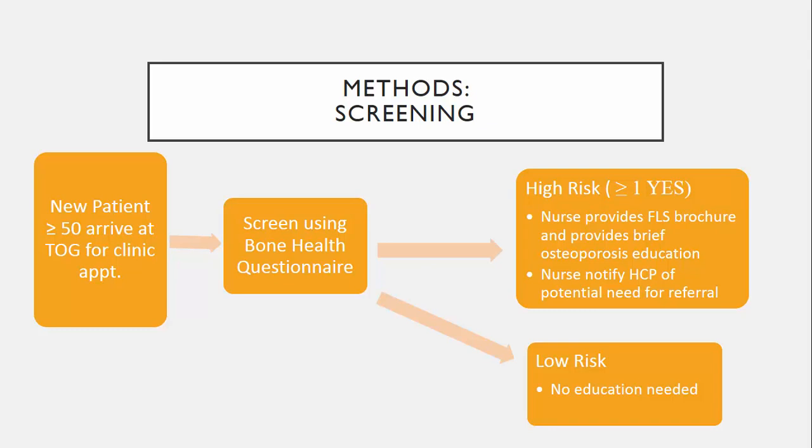So what we had the nurse in the clinic do, and remember this is just the orthopedic clinic, the nurse in the orthopedic clinic would go in, see that patient, and give them a brochure about the Fracture Liaison Service Clinic and provide a brief education about osteoporosis. And this was all contained within that brochure, and this was something that we had developed in conjunction with the Fracture Liaison Service Clinic. The orthopedic clinic nurse would then notify the surgeon or healthcare provider that, hey, this patient is someone that you really might need to refer to the fracture liaison service. I'm concerned about their bone health. And the idea was the surgeons would generate that referral and carry the patient through.